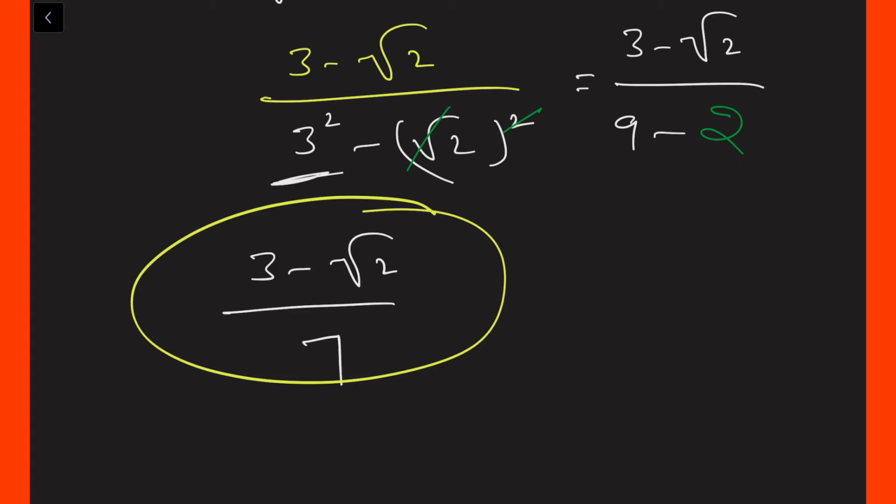Let us move to next question then. Bit number 5, second question. Rationalize the denominator of 1 by root 7 minus root 6. Here root 7 minus root 6 is there. So the rationalizing factor will become, changing the symbol, root 7 plus root 6. Now we need to multiply and divide by root 7 plus root 6.